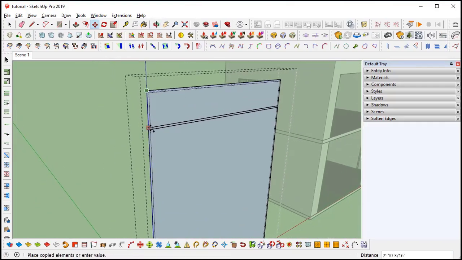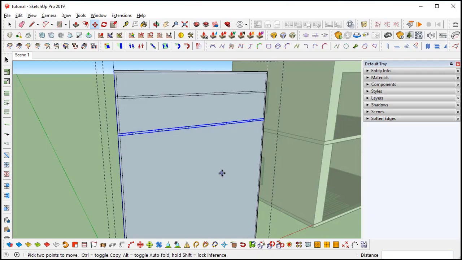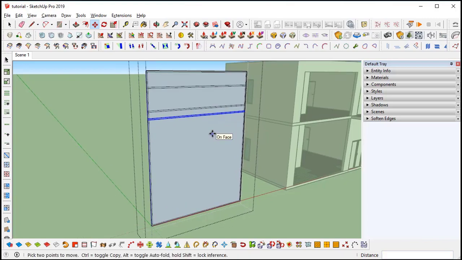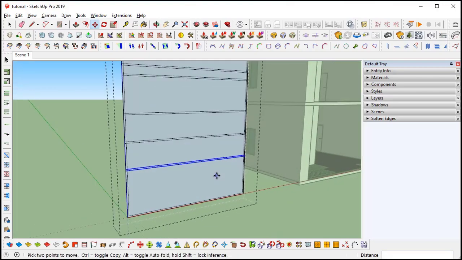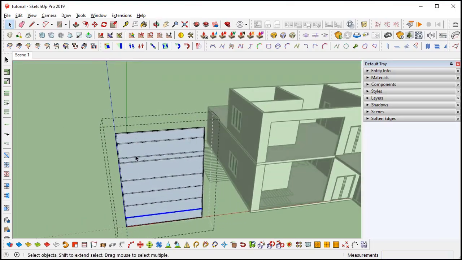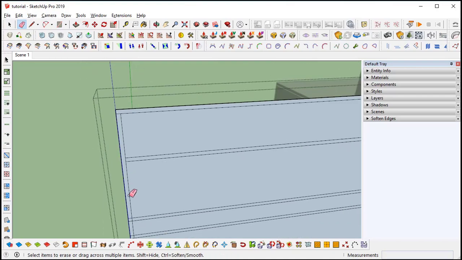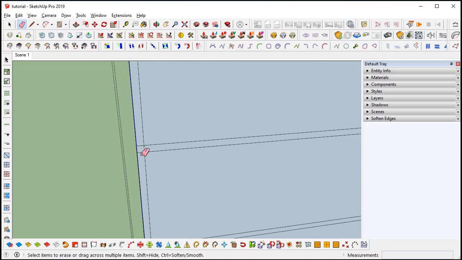Move the point in the Z direction. Use different values, like I am using 2 feet, 3 feet and 4 feet, on a different, irregular scale. I am using this panel and shape. And in this direction also we need separate lines, so I will erase these small edges and I will select this face and do the same process.